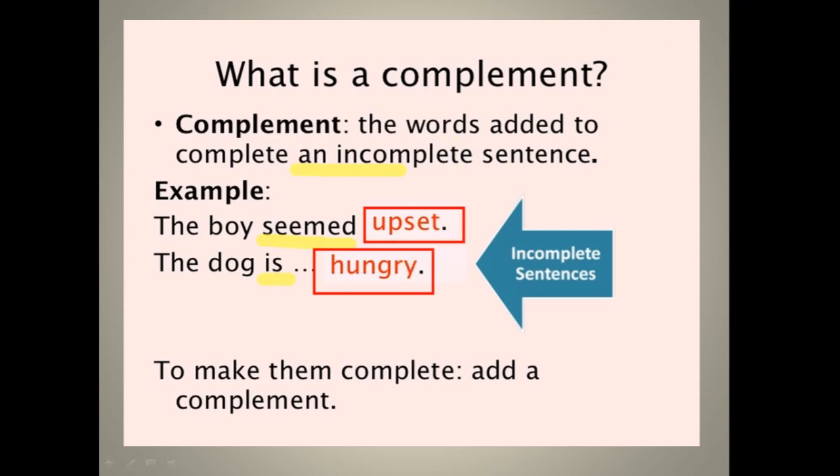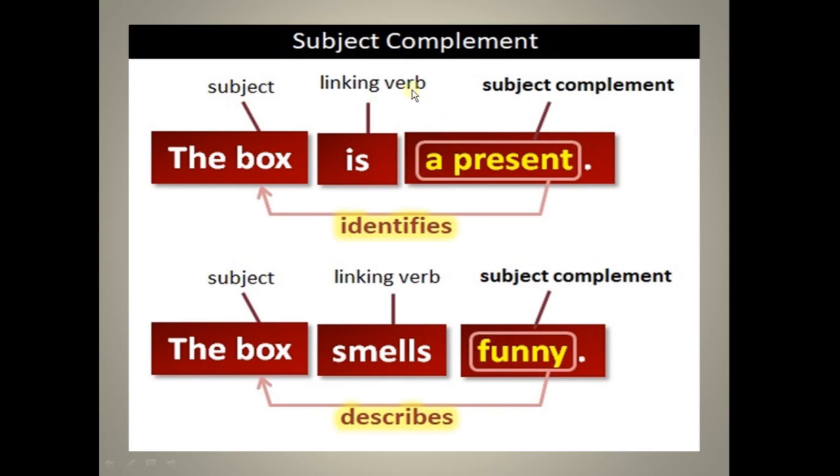Now sometimes these complements can be a subjective complement and an objective complement. Now you will see, ma'am, what is a subjective complement. See students, it's very easy. Subjective complement, see, subject means it is going to describe the subject. The box is a present. Okay, what is a present? The box. Here we are talking about the box, and the identification of the box is that it is a present. Fine. And here a linking verb is given, meaning by this verb they both are joined. This is the subject and a present is only describing, giving the complement of the box. That's why this is a subjective complement.